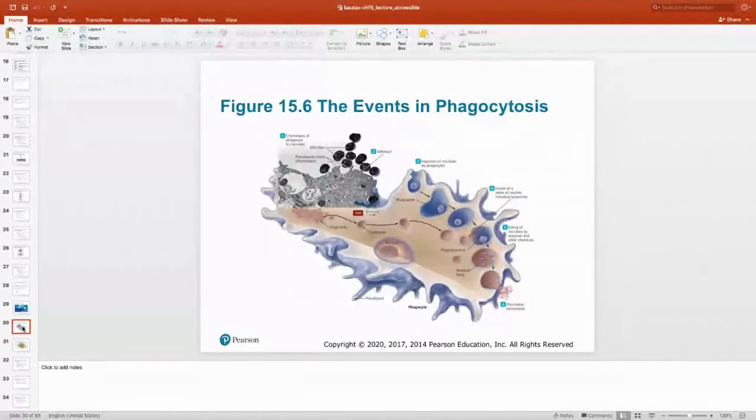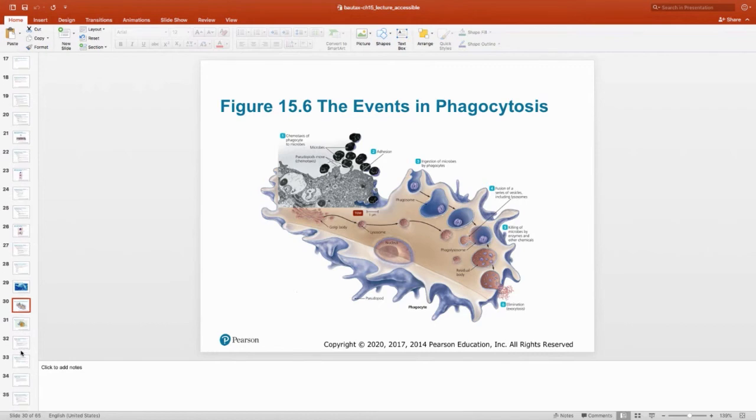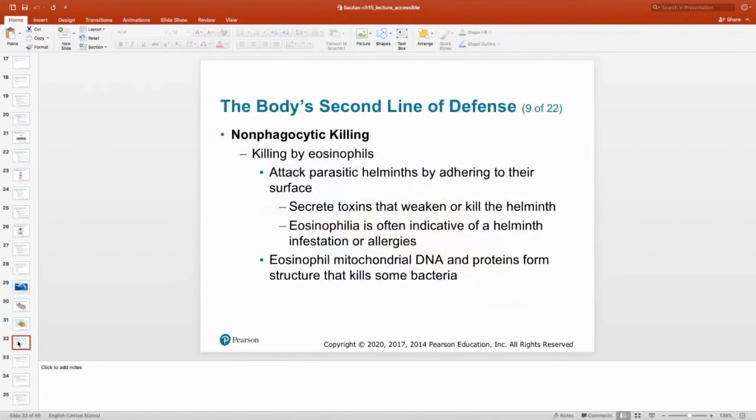And we can look at the graphic depiction of all of that here with the various steps of what happens. And this is what we can observe and see what happens during phagocytosis. And some of this is enhanced by the adaptive system that we'll talk about in a little bit. Keep in mind that a key factor in immunity is going to be distinguishing self from non-self. And we're going to start looking at that here with this